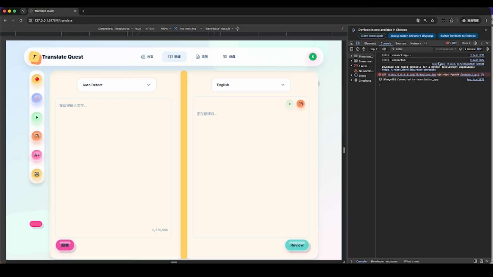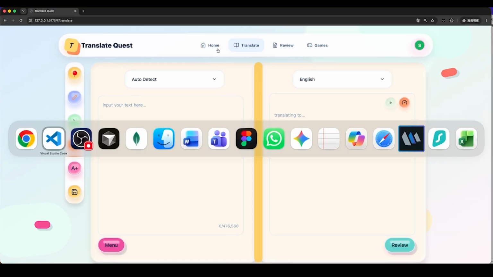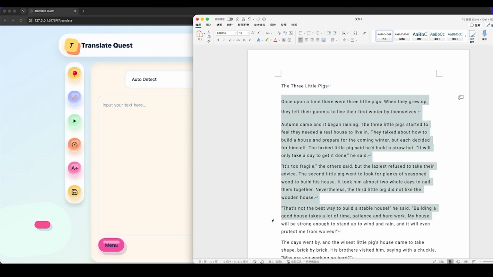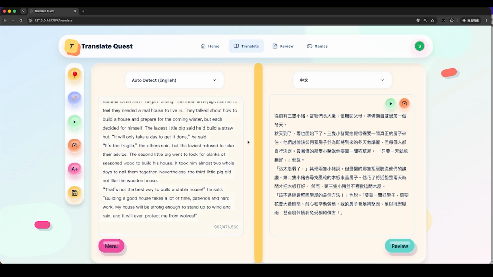Once you successfully log in, if the system detects that you're a new user or haven't saved any data yet, it will automatically take you straight to this translate page. This way, users can start using it immediately without having to look around for it. To make it easier for viewers from different countries to follow along with this video, I'm going to switch the interface back to English for the rest of the demo. For this demo, I picked an English book online called The Three Little Pigs. Copy, paste, wait a brief moment, and the system automatically translates it into my selected language.